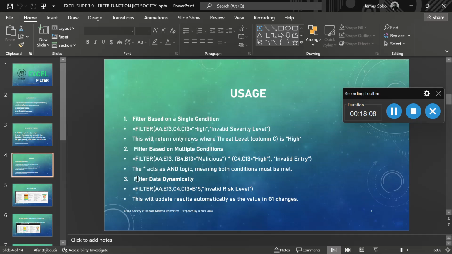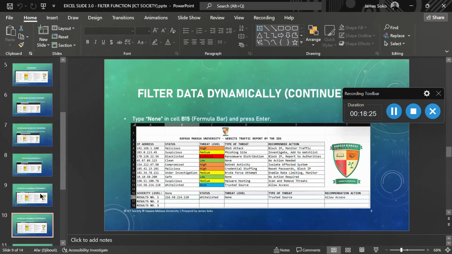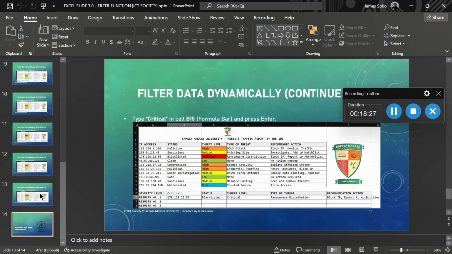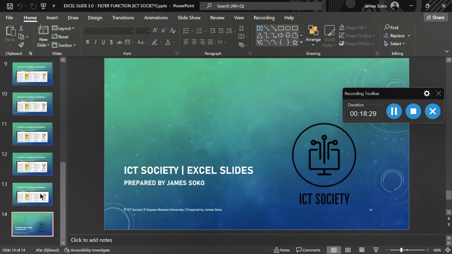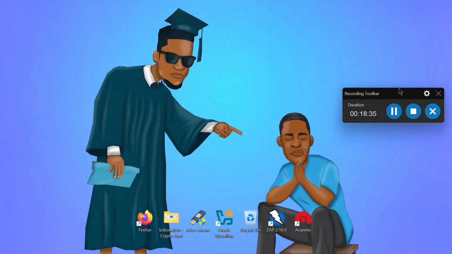Or we can have filtered data dynamically, where we allowed a certain cell to be searched by the user or administrator. So these are the types of usages we have, and all these things you are seeing are just basically the things I've demonstrated. With this, you can see that filter overcomes some of the limitations of VLOOKUP.